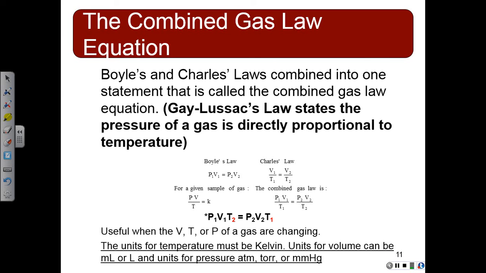Your book actually shows it this way, as the combined gas law. I used to show it this way because that's what the book had. But I've rearranged it to look this way for you to memorize. I have found that this just prevents mathematical error. So I would memorize this in this form. Because it's linear, most students can rearrange and solve for the variable better than when it's not linear and they're confused about how to move it over and isolate the variable. It's not hard. It's just that it prevents error. So that's why I show it this way.